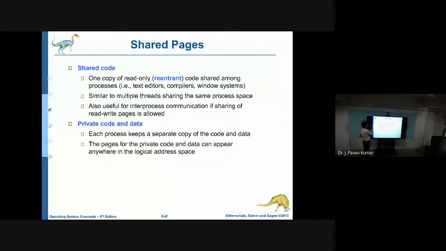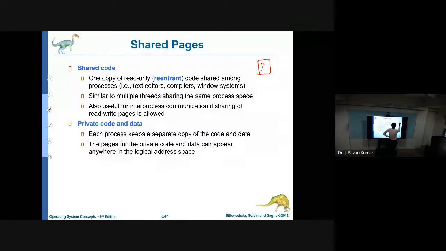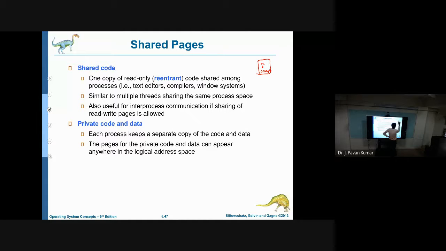Next, shared memory. Consider a scenario where we have one program, like addition of two numbers: c equals a plus b. Now we want to execute this program. One user wants to execute it, a second user wants to execute it, a third user wants to execute it. So we have to load this program into the main memory.